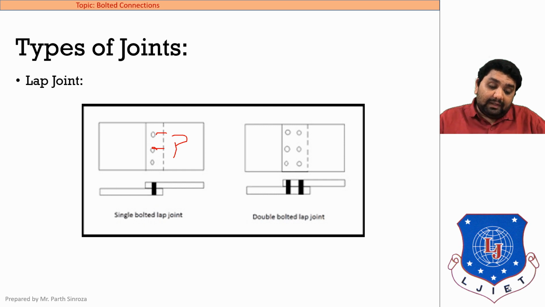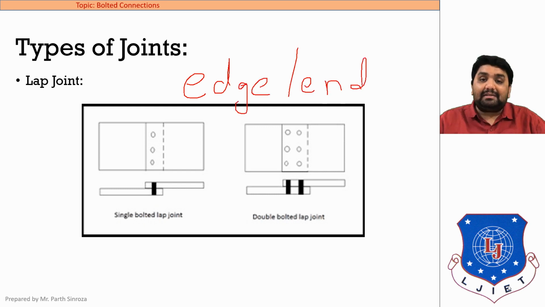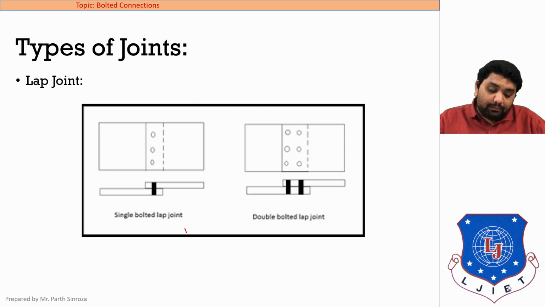The next distance you need to remember is E, that is either edge distance or end distance. It is the distance from the center of the bolt to the end of the plate, from the left hand side or the right hand side, both are called E. It is also the distance of the bolt to the edge of the plate, so it is known as edge distance or end distance. Both the distances will be the same. How to calculate it, we will be looking at in the next slides.